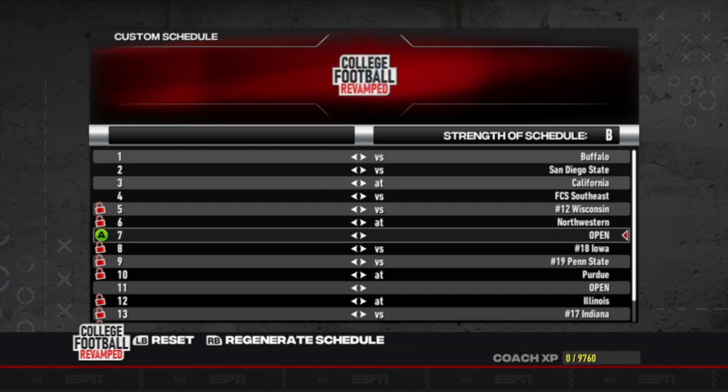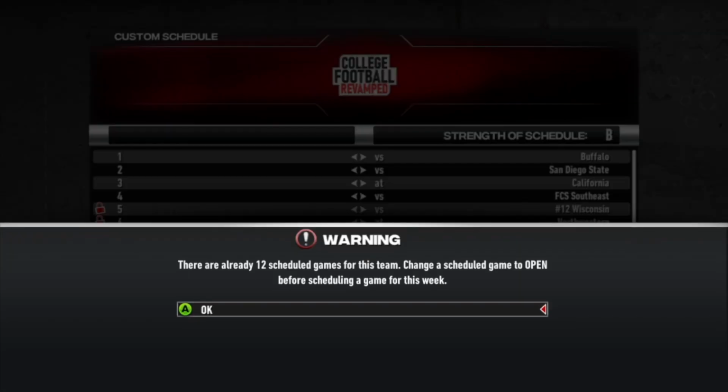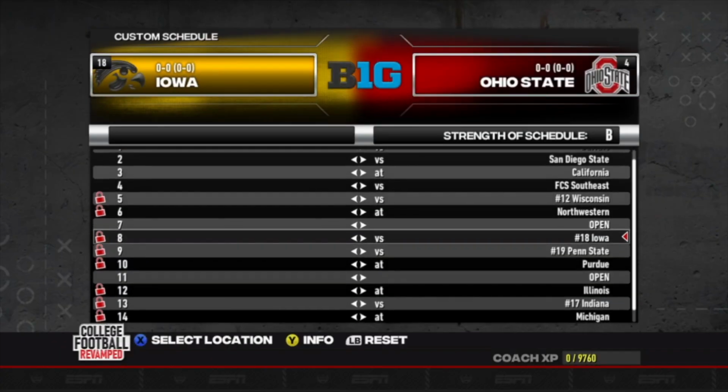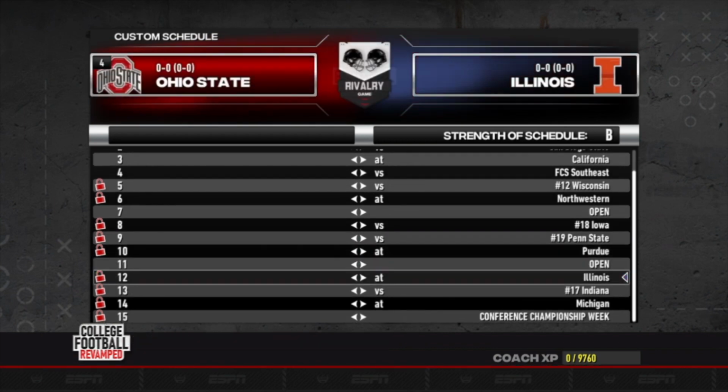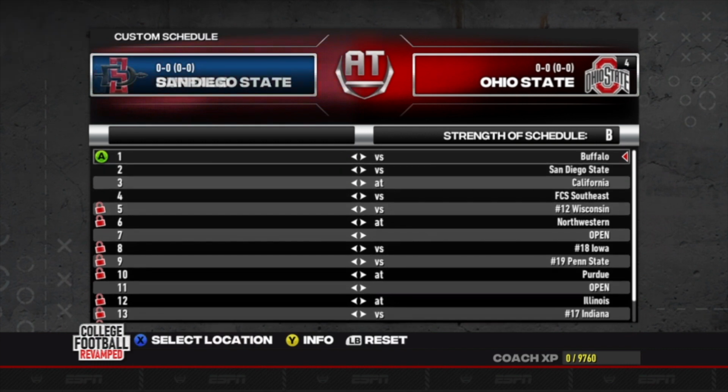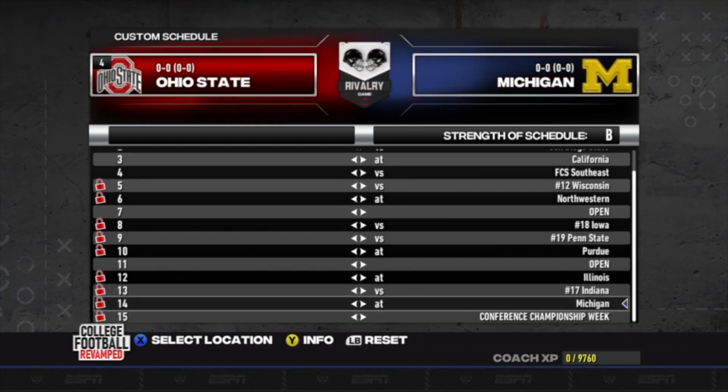And I also like the fact that you want to be careful and balance out that scheduling. You want to pick the right opponents. If you schedule too hard or too soft, this could be an advantage or disadvantage, depending on how the other teams are stacked up that year with talent.